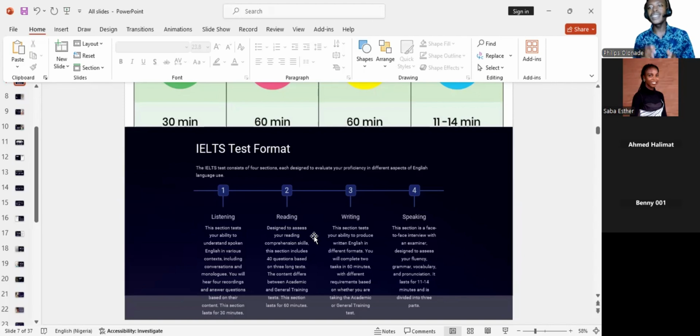Now, if you're writing the academic IELTS, the kind of passage you see is different from the kind you will see in the general IELTS. The academic IELTS will be more of essays, essays about topics that you can encounter in class. Now, you will have to be trained on how to read these essays